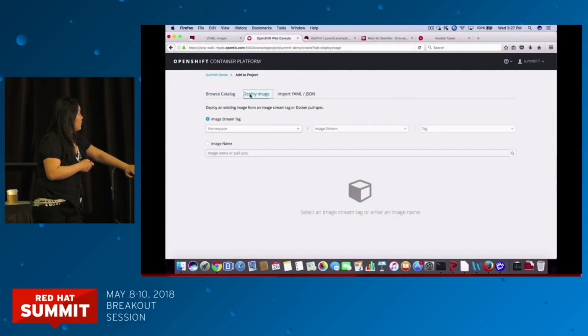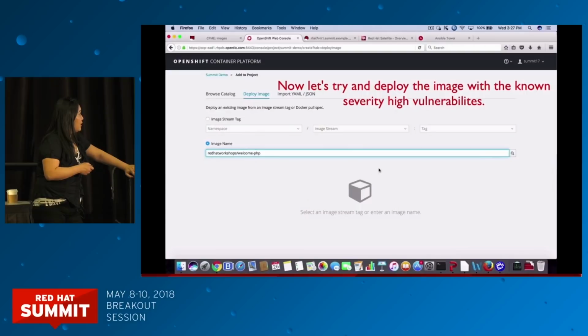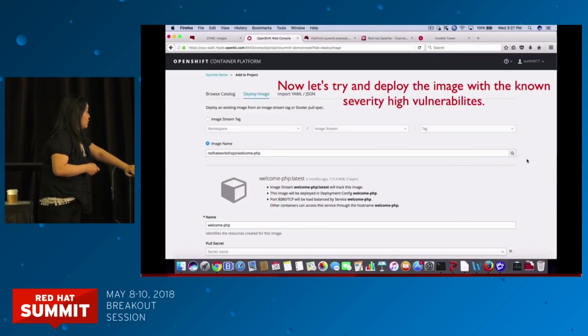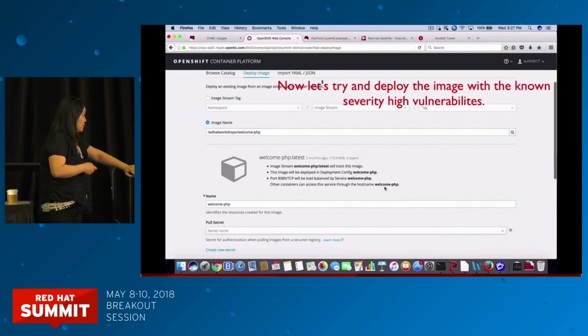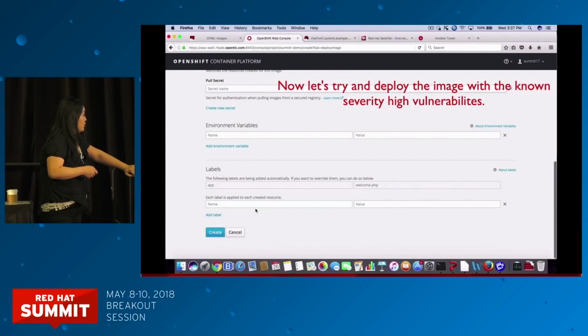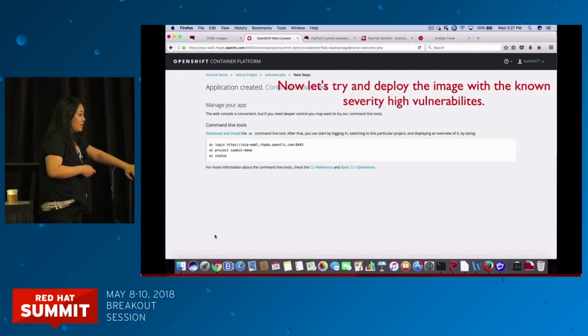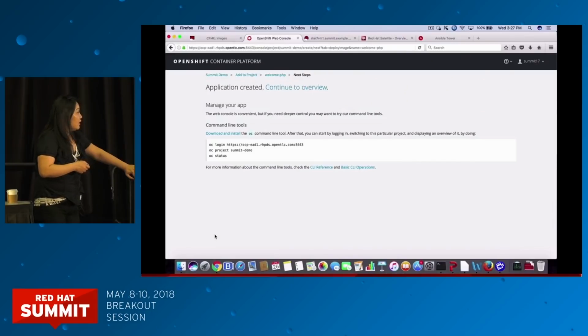And so when I go there, I'm going to say I'm going to deploy this image. I'm going to put that vulnerable container image name into here so I can deploy that image. And then I'm going to try to deploy it with the known high severity vulnerabilities. The minute I try to do that, it's asking you for information like, okay, what's the name, et cetera. And then when you say, okay, let's go create it based on that image, what happens